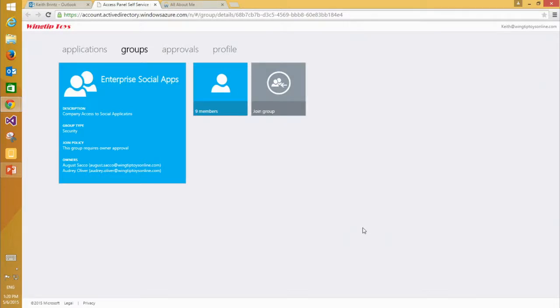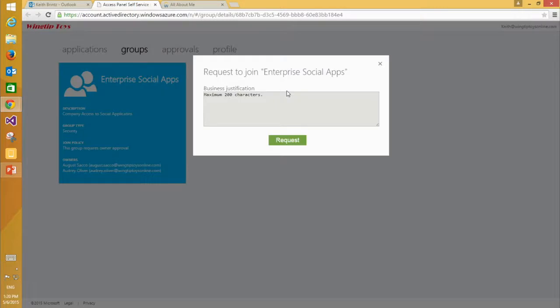And so clicking on that link, I have a simple option to join the group. Of course, the corporate Twitter account is a sensitive resource, and so I can't just join the group. But I can request it, so I'll make it simple. Please. And submit the request.